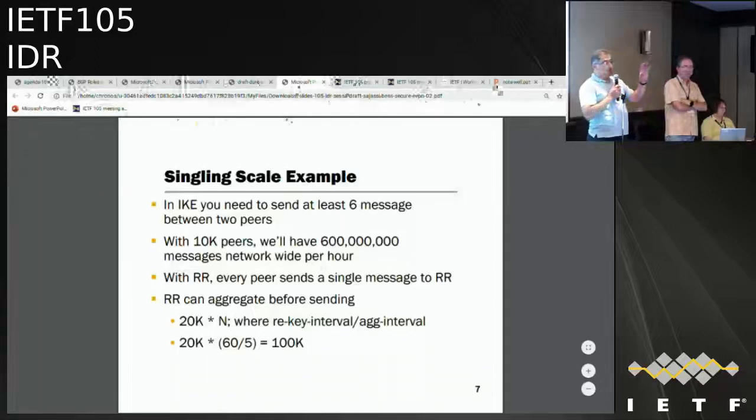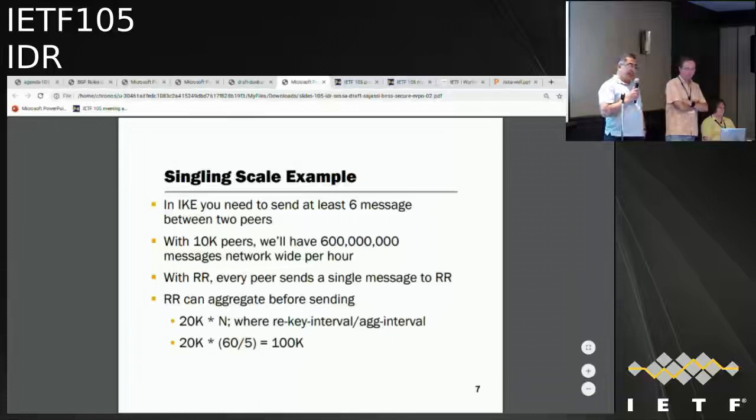Imagine a route reflector, and we have a bunch of edge devices, and the edge devices are connected to the route reflector via a BGP session. Each edge device has a BGP session to the route reflector that goes over a secure channel. Now, this secure channel can be TLS, can be IPsec itself, or whatever. So the assumption is BGP signaling goes over a secure channel, and then we use the BGP to set up these